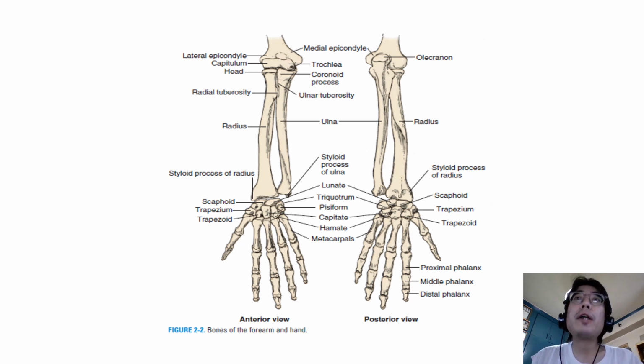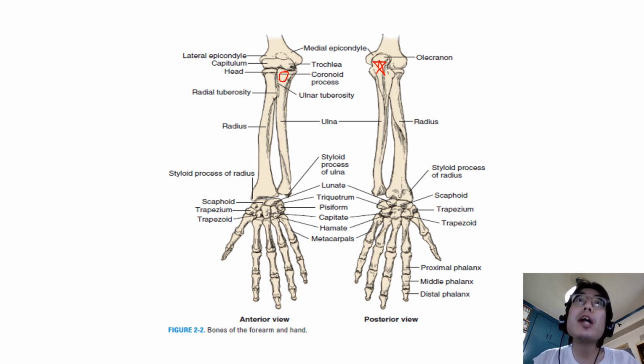Focusing now on the ulna, starting with the olecranon, which we shall mark with a star. The olecranon is the curved projection on the back of the elbow that provides an attachment site for the triceps tendon. Adjacent to it is the coronoid process located below the trochlear notch, and it provides an attachment site for the brachialis muscle.